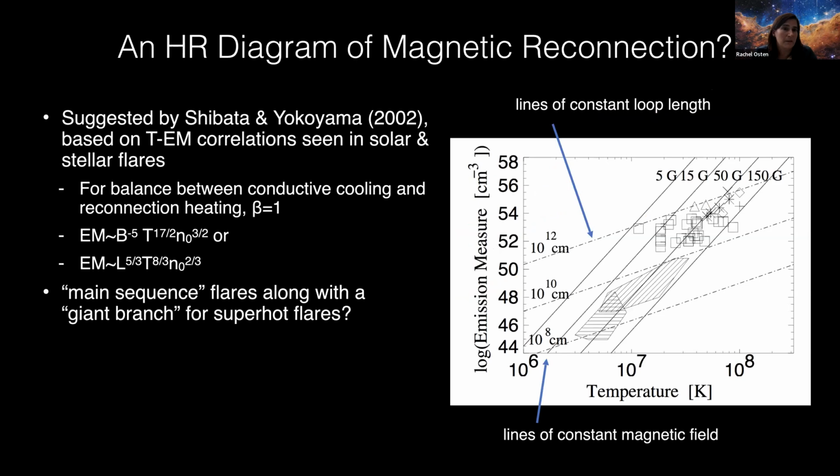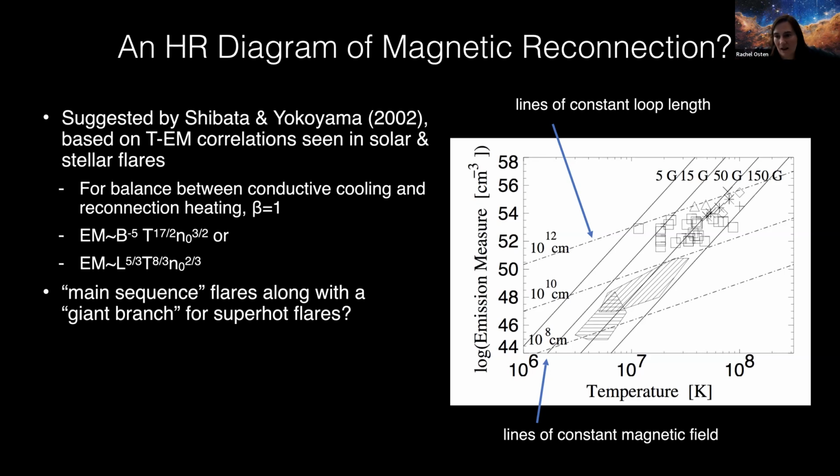There's been some suggestion that the emission measure temperature diagram is something fundamental to the magnetic reconnection process. Shibata and Yokoyama, in a paper 20 years ago, used this in the title of their paper, which was very provocative, that perhaps there was an HR diagram of magnetic reconnection that you could